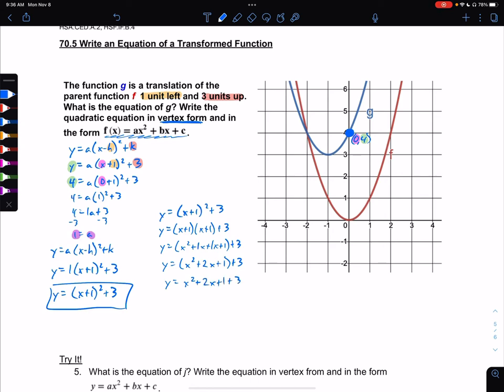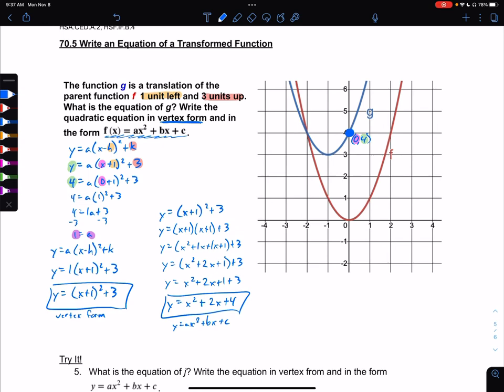So we just combine these like terms. We should get y equals x squared plus 2x plus 4. And these would be my 2 solutions, right? We have vertex form,